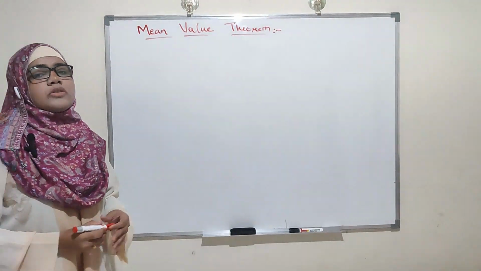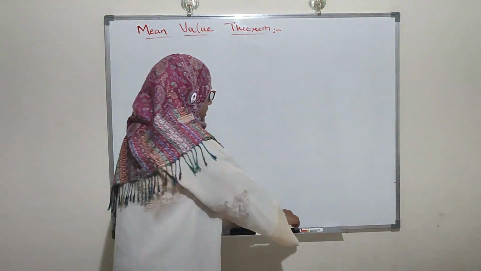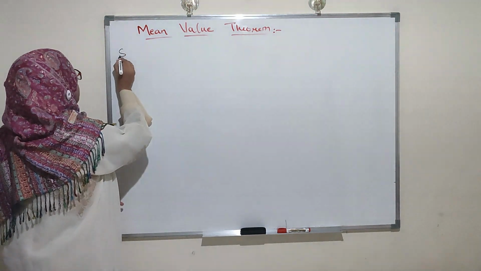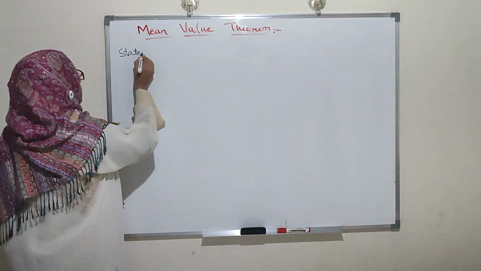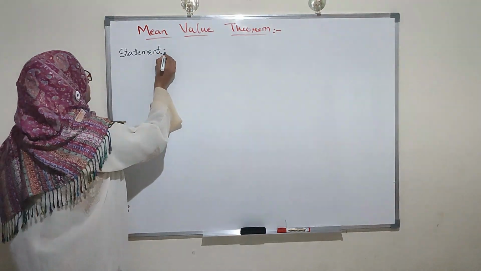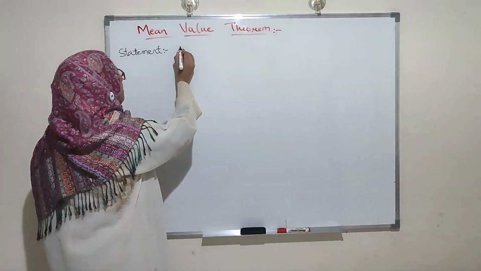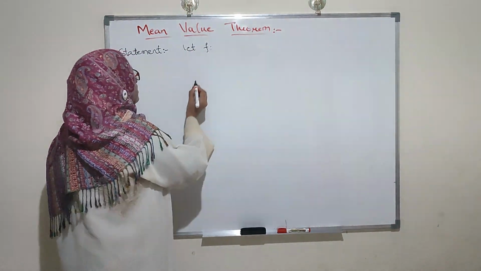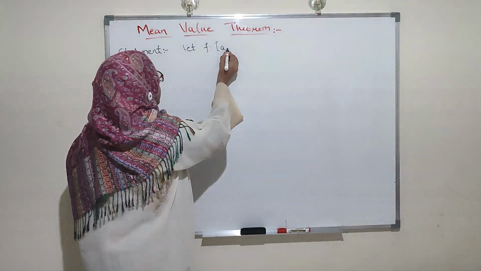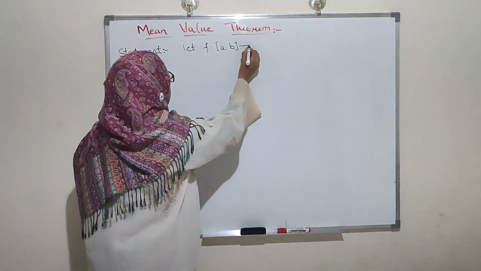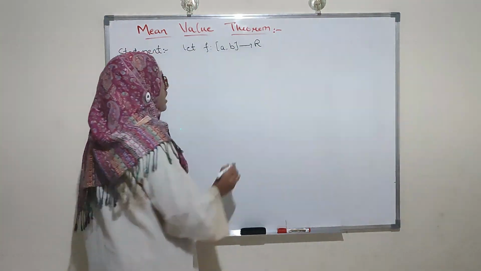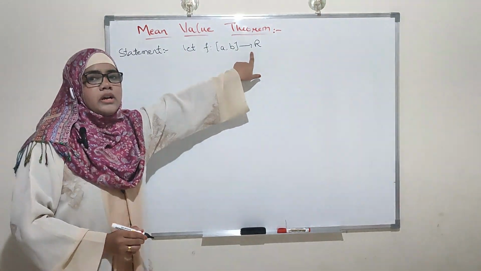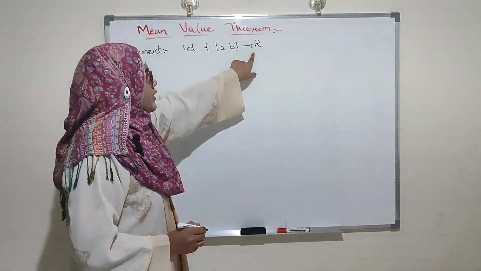Mean value theorem is the extension of Rolle's theorem. So write down the first statement of the mean value theorem. Statement: f is a function from the closed interval a comma b into R, where R is the set of real numbers,